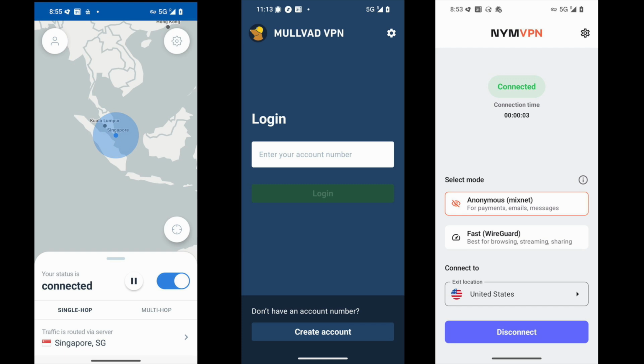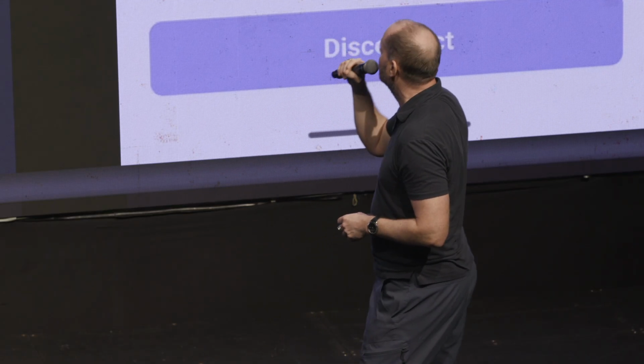I've been through various different VPN options. On the left there, that's iVPN. In the middle is Mullvad. Both Mullvad and iVPN are pretty similar. You can set up that VPN without any kind of email identification or anything. You just get an account number, and you can pay for it in Lightning or Bitcoin. Not sure if Monero, but basically, hey, set up a VPN. There you go, without any tie back to you.